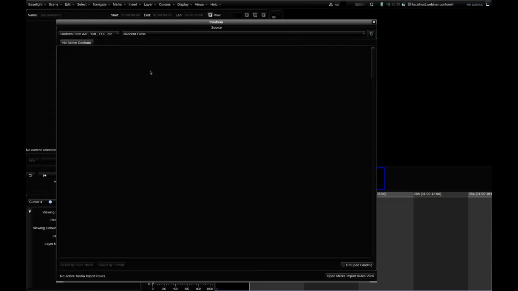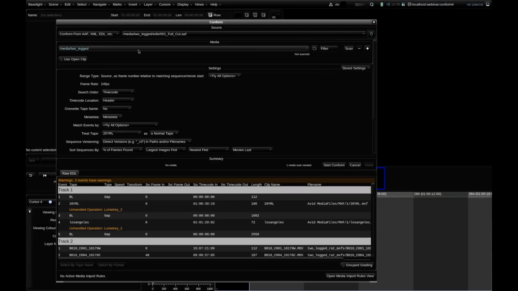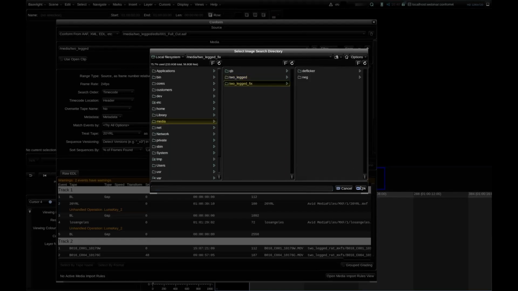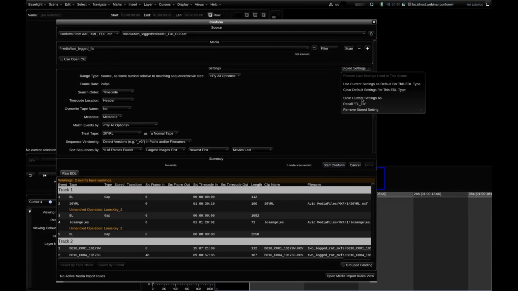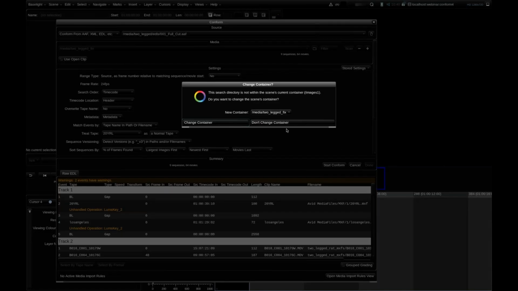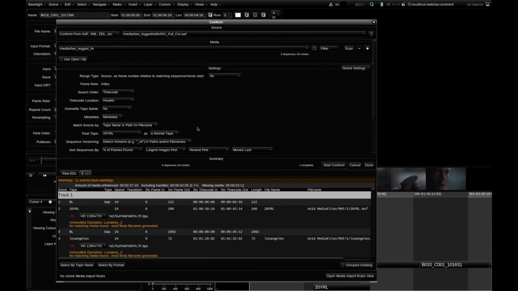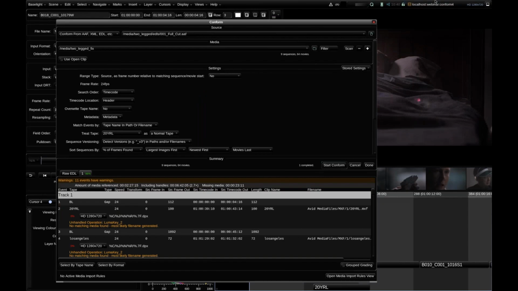original project that we did here, the full cut, I'm going to point it at a different set of media now that was treated a little bit differently. So actually, I'm going to call this conform settings. Again, I'm going to set the container. So what happened on some of these